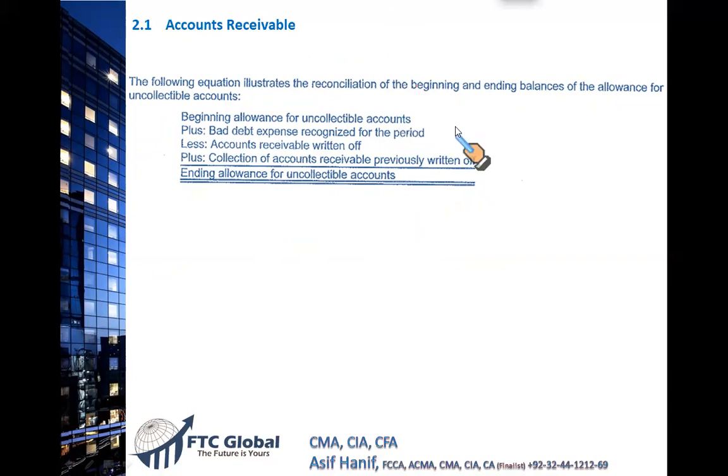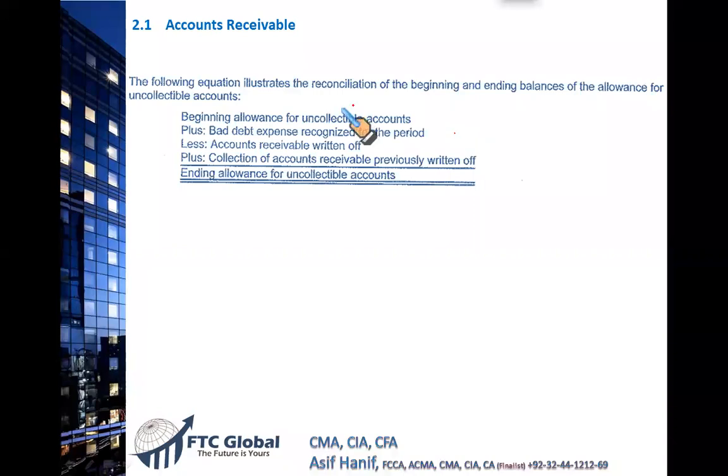The standard says that you do the same thing as given in these entries because you have to follow the matching principle. Current year sales must be charged against current year bad debts. I will explain the idea in the sales return. Matching concept is one of the fundamental concepts in accounting, that current year incomes must be matched against current year expenses. Any accrual or prepayments must be separated from the current year income statement.